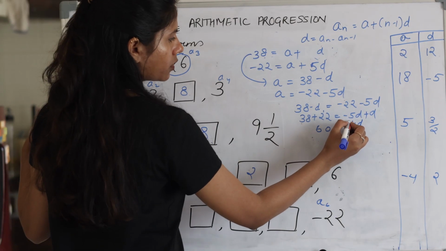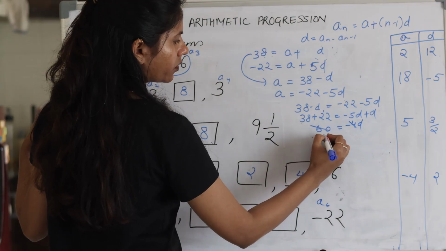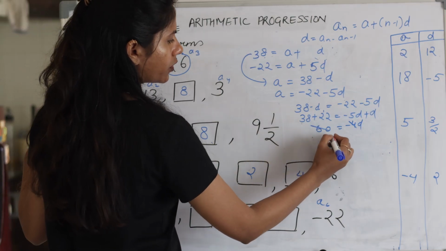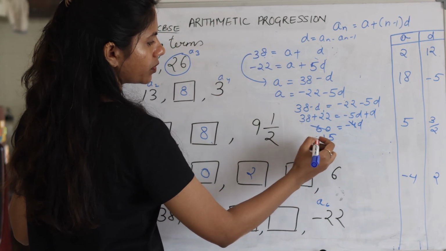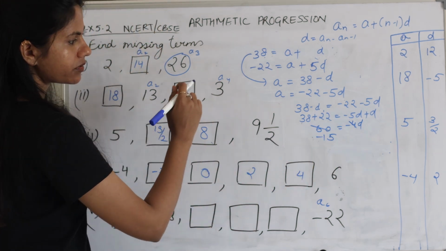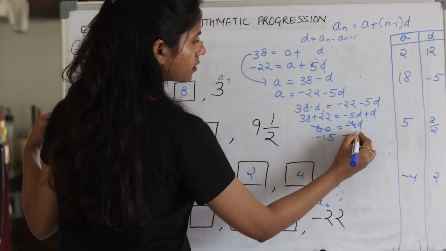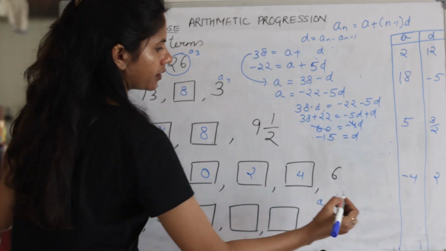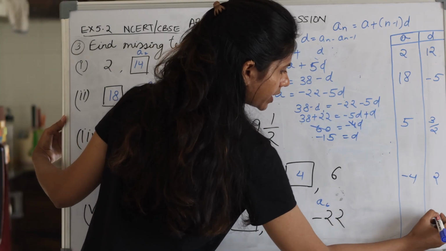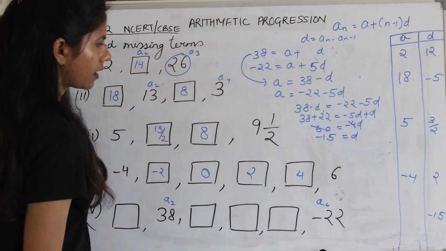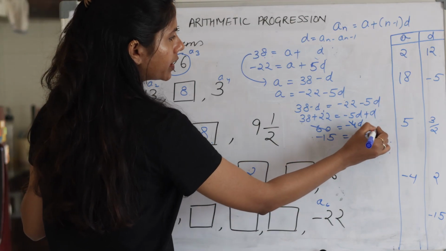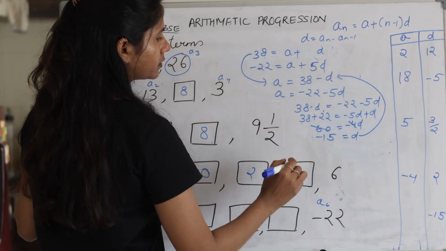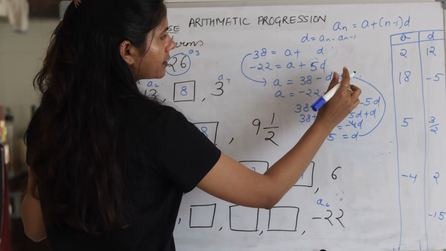Now 4 1 is 4, 4 5 is 20, and since it is minus, minus 4 into minus 15 is 60. So D is minus 15 here. D is minus 15 here, and now putting this value here, 38 minus